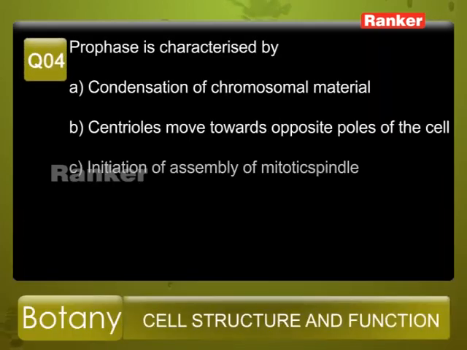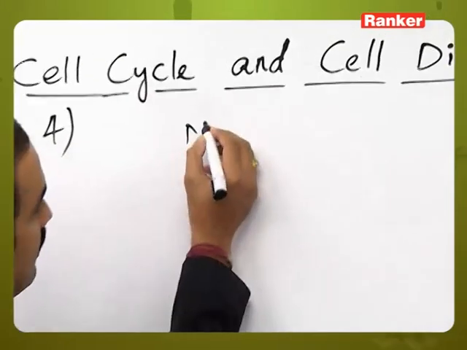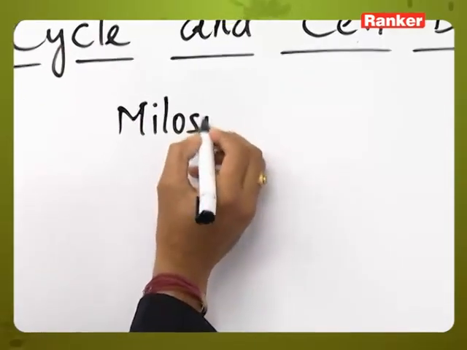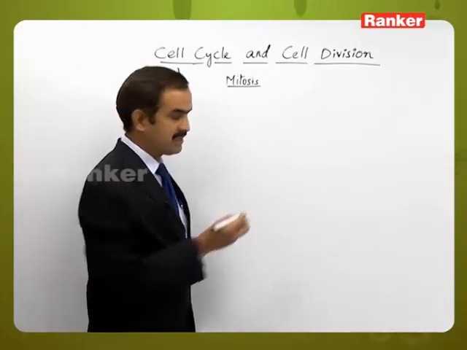Question number 4. Prophase is characterized by, the given options: A, condensation of chromosomal material, B, centrioles move towards opposite poles of the cell, C, initiation of assembly of mitotic spindle, and D, all. So here, if you take mitosis, or we can say the mitotic division phase,